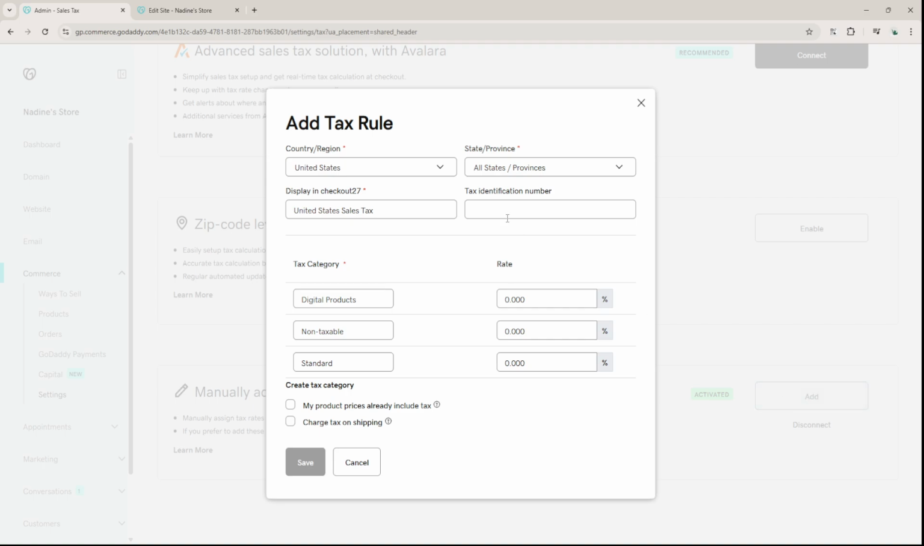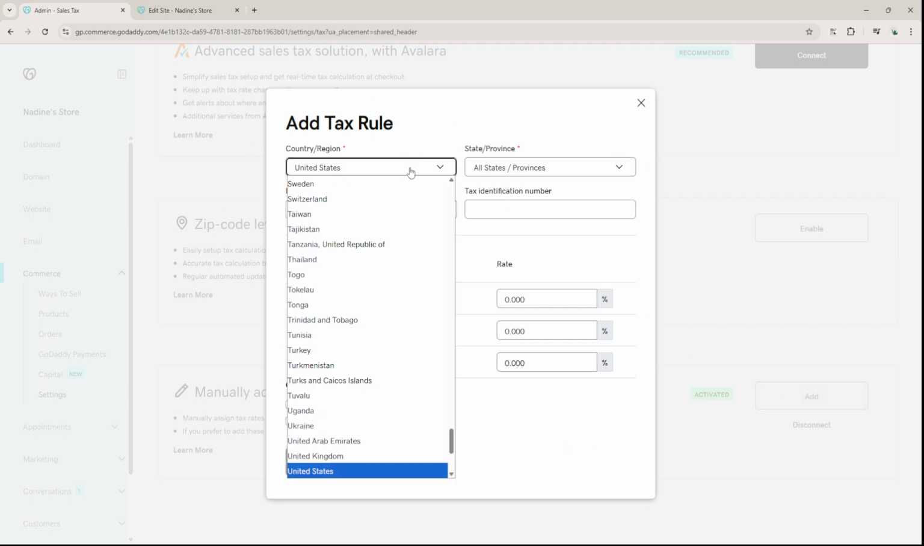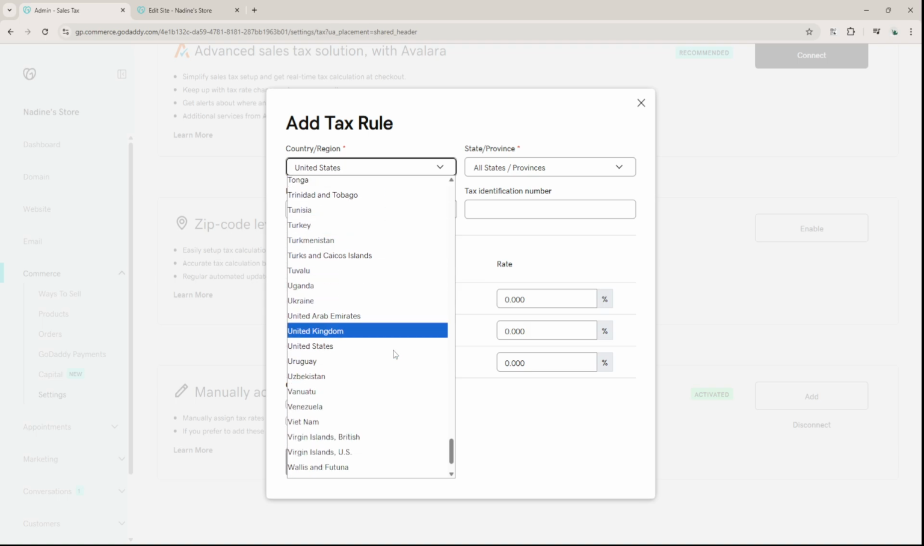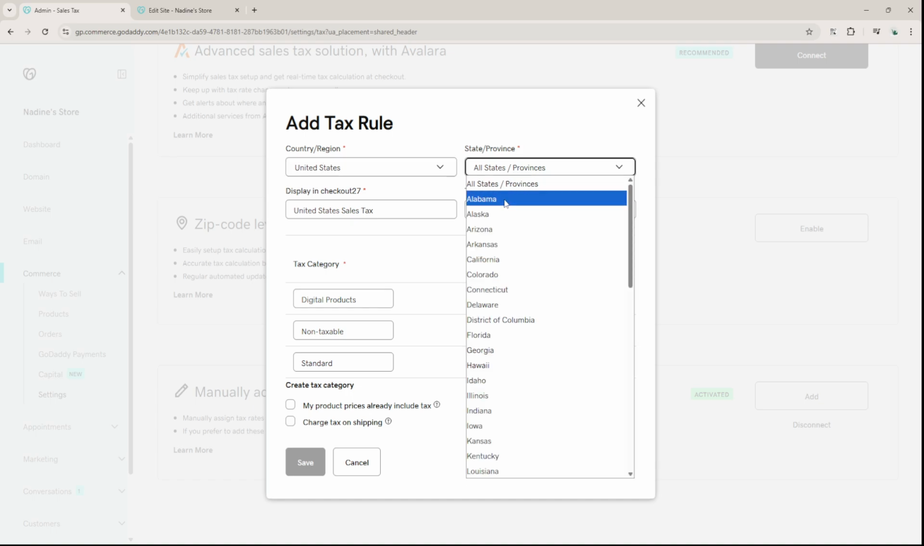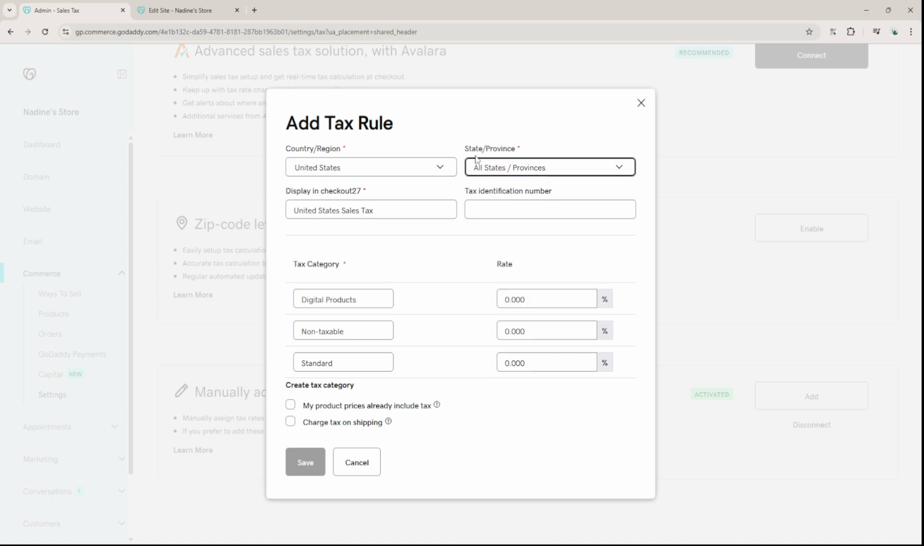You'll begin by selecting the country or region where you sell. If you only serve one country, that's straightforward. If you sell to multiple areas, you'll add separate rules. You can target specific states or provinces, or apply a rule to the whole country, depending on your needs and local requirements. Give your rule a clear tax category name, like food or home goods, so you can recognize it